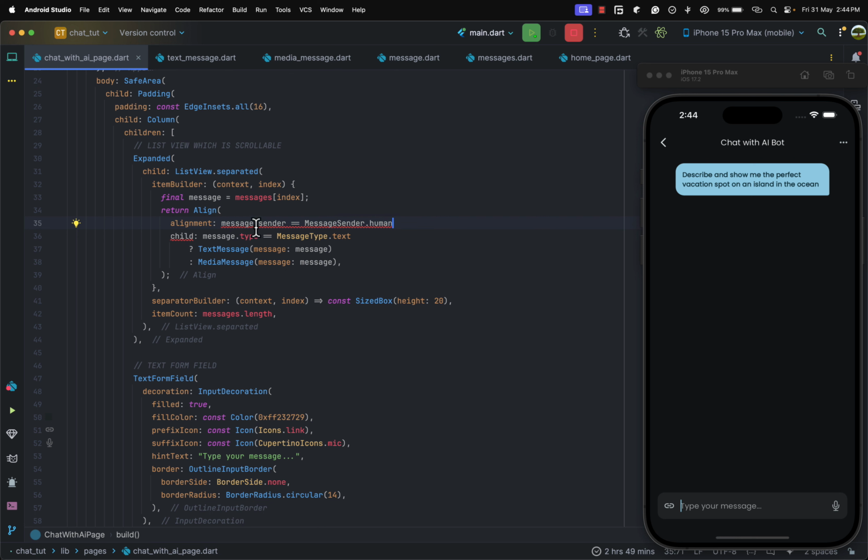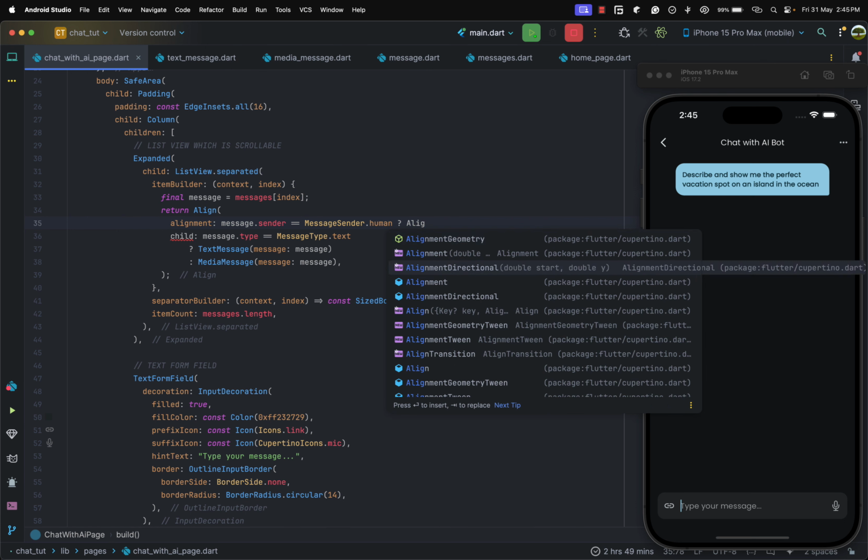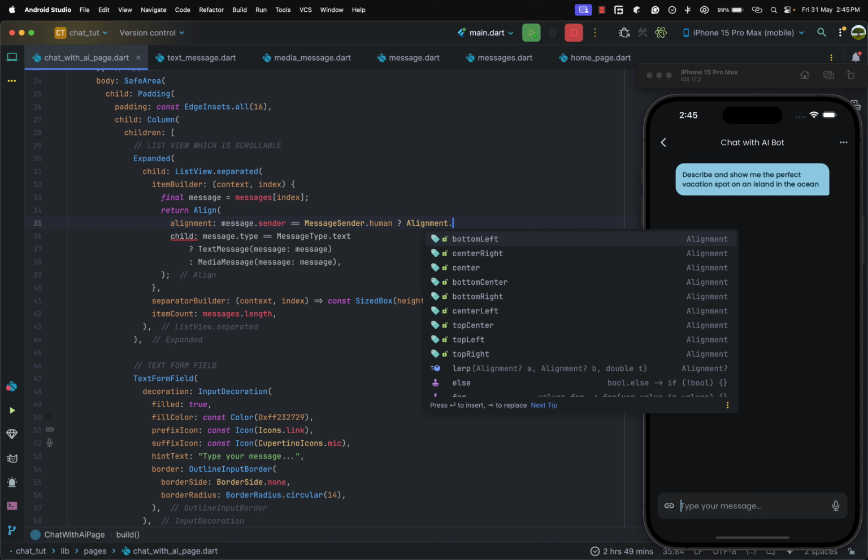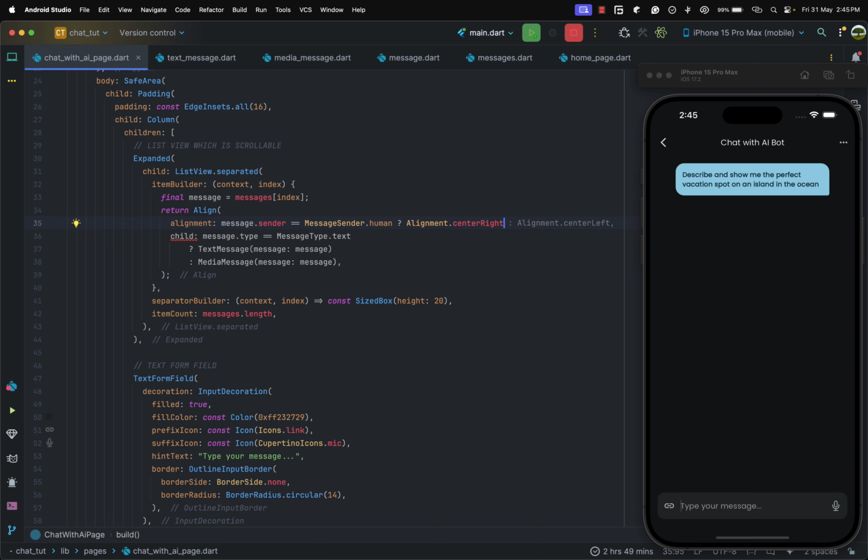So if message sender is equal to message sender, and we need to import this, or maybe message sender dot human, then we want to set the alignment to alignment dot maybe to the right, right? So anything that goes to the right, center right, else we are setting the alignment to center left,